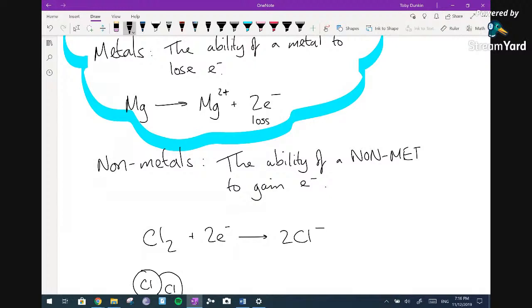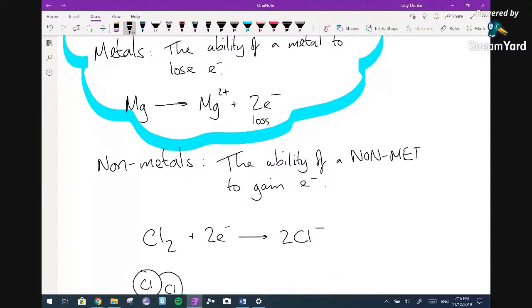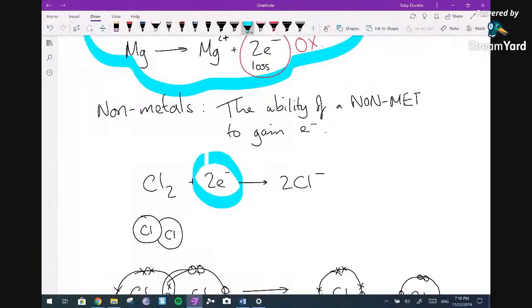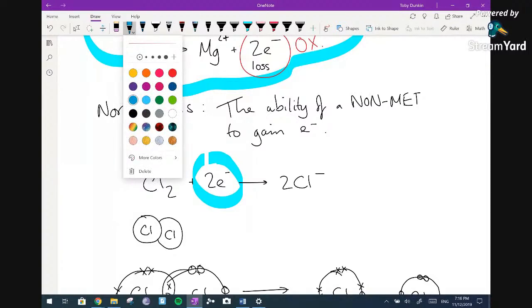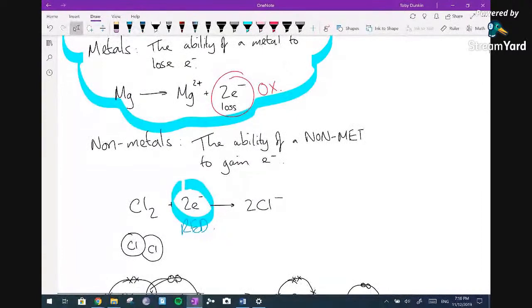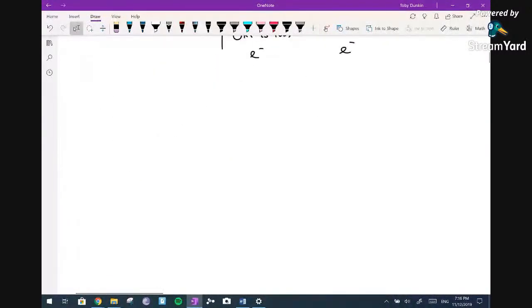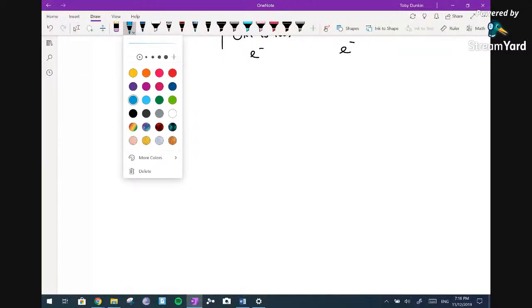So I'll put it over here, I'll change my color for this. If we're seeing electrons on this side of the equation, that counts as oxidation. The other side of the equation, electrons going in, this counts as reduction, the gain. I should have had the other colors, shouldn't I? It would have been more sensible. But it's nice to recognize that you can look at equations now and immediately identify whether or not oxidation and